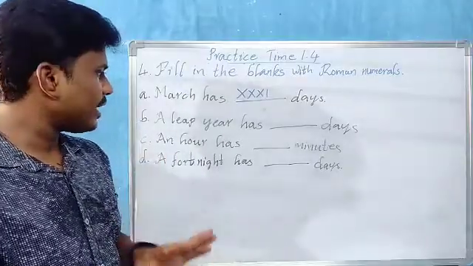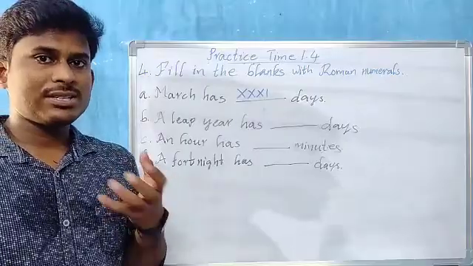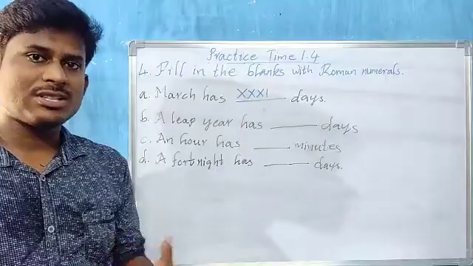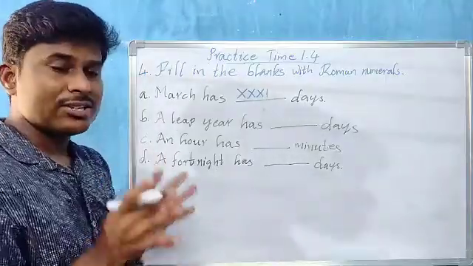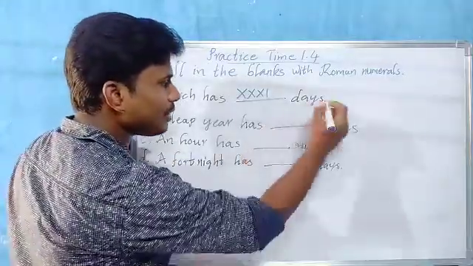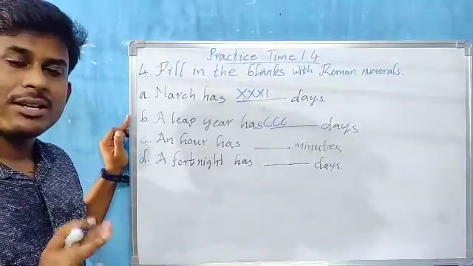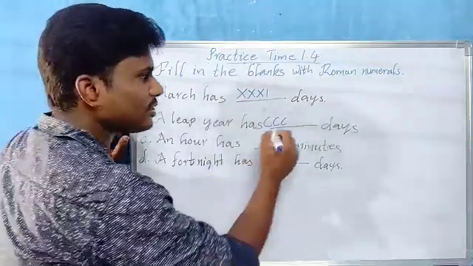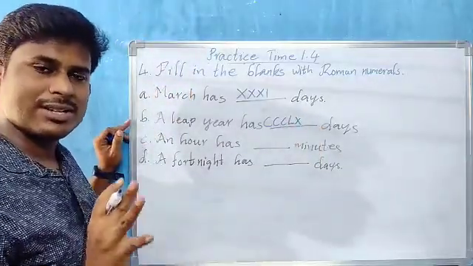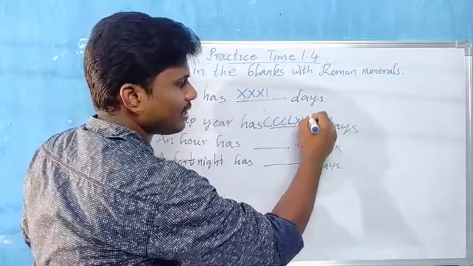Total leap year, if you take 2020 this year, how many days, children? We have 366. Generally in normal years we have 365 days, but in a leap year we have 366 days, children. So 366, how do you write? 300 symbol is 3 C's, children. Okay, and 66. 60 symbol is what, children? 50 plus 10, LX. Now 6 symbol, children, V plus I means 5 plus 1, 6, VI.